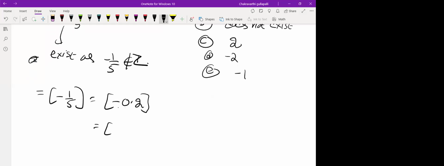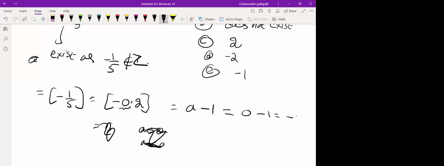It's a negative integer. నెగిటివ్ అయినప్పుడు what is integer part? Integer part is 0. a is negative because -1/5 is negative. Whenever it is negative, integer part -1 formula. What is the integer part here? 0. Left side of this is 0. 0 - 1 is